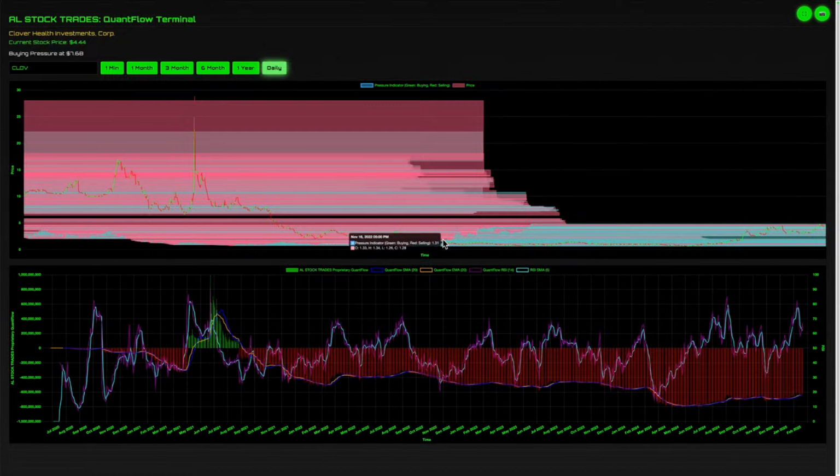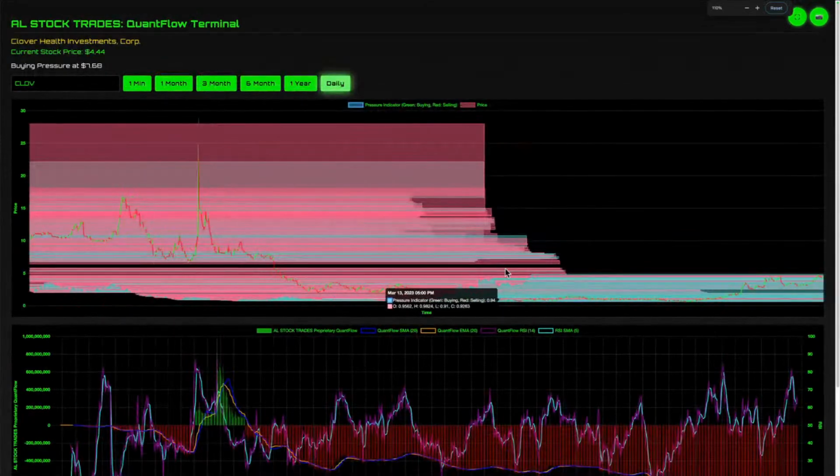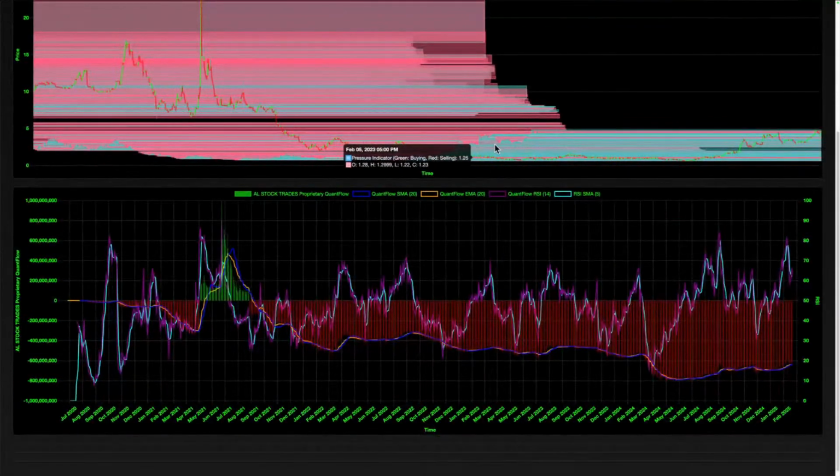The thing is, Clover continued to fall. This was November 2022, and it kept trading at around $1. Then Clover started falling into the 90-cent region, 80-cent region, and you start to see this blue line started to increase. This is like the green shading. Let me zoom in so you can see the shading. This is showing